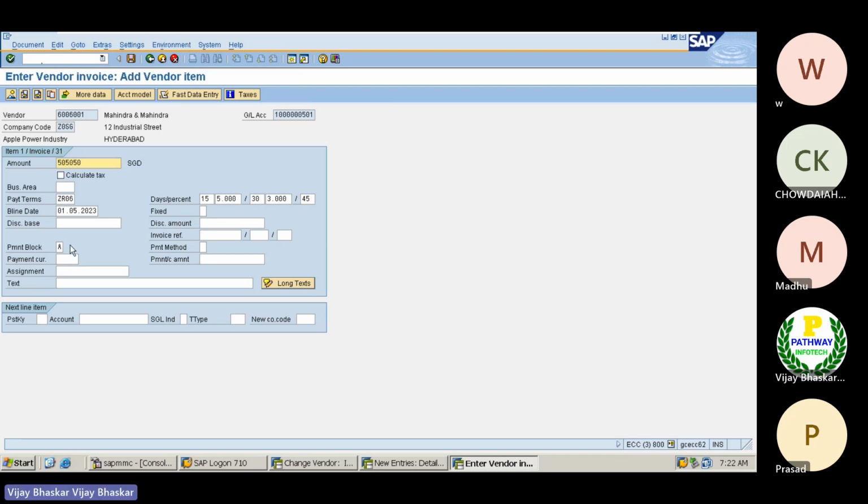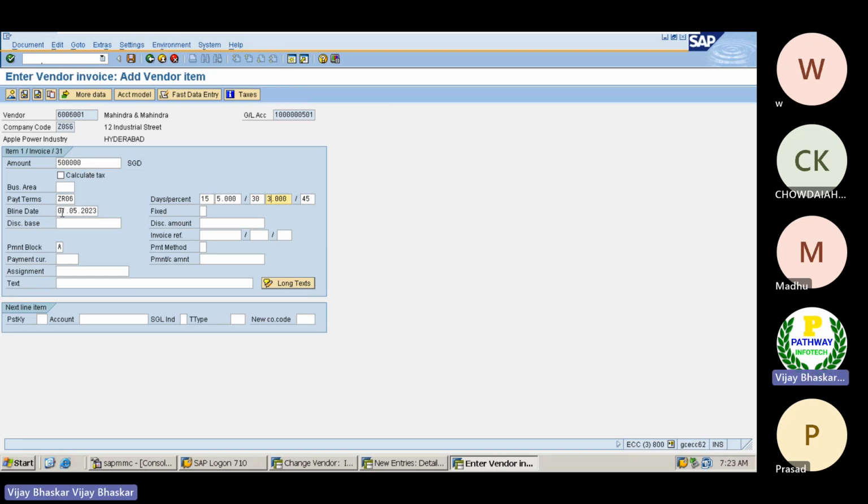Now select here. You can see the moment the system has determined ZR06: 15 days, 5% discount; 30 days, 3% discount; 45 days, there is no discount.